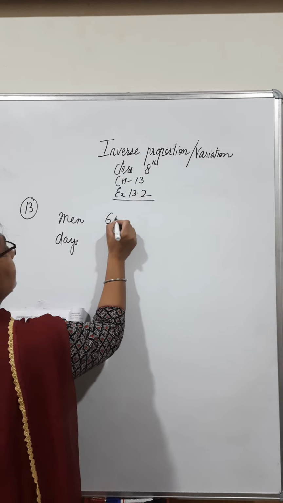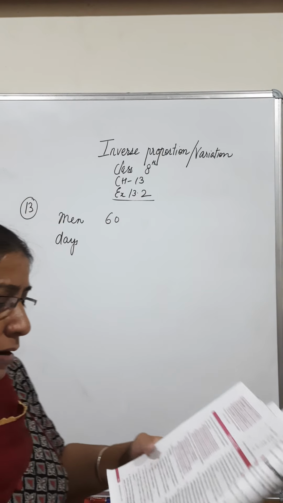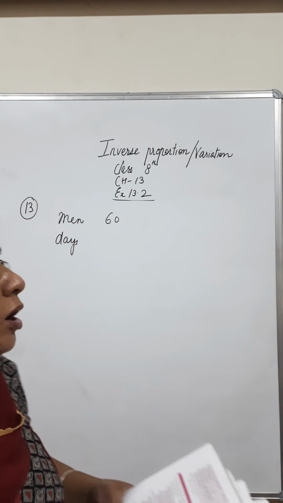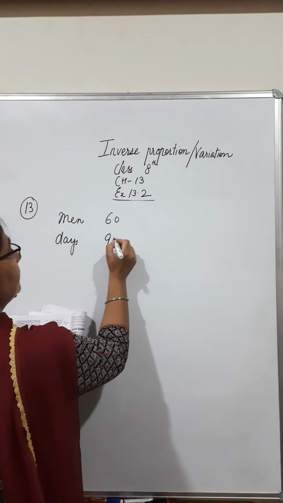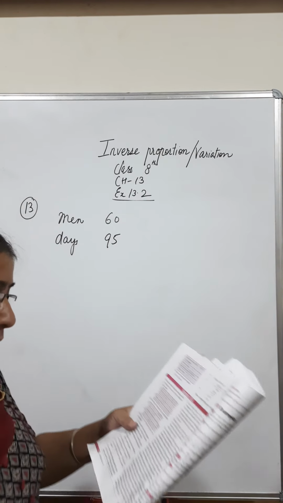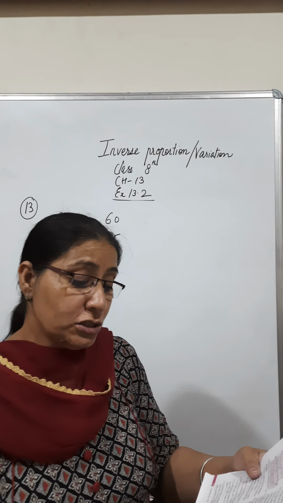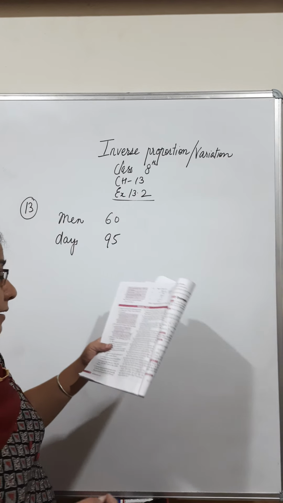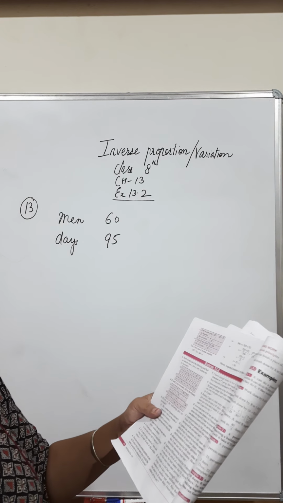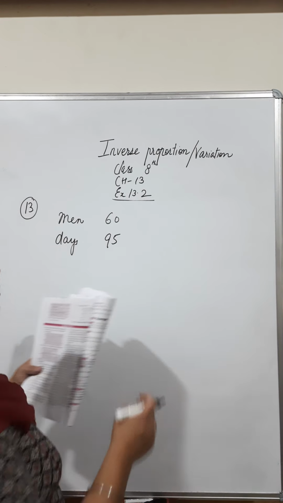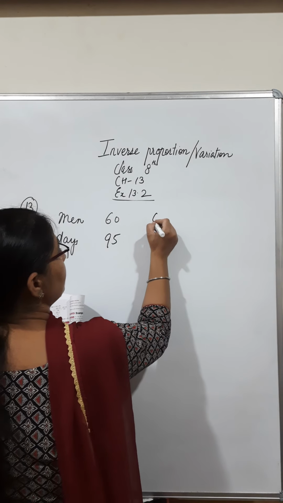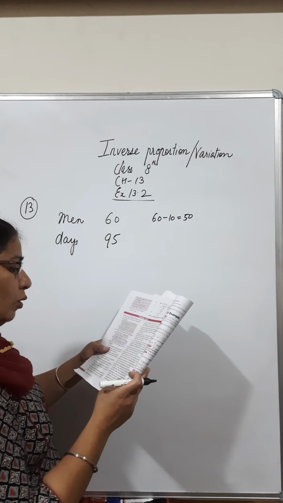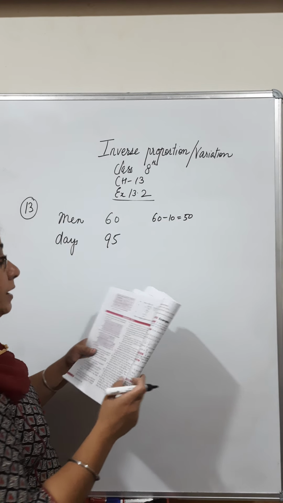So if there were 60 men, ठीक है, then the provision was for 100 days. But 60 men all together, 5 days minus कर दो तो वहाँ पे रह जाएगा आफ्टर 5 days, क्योंकि 5 दिन जो निकल गए, बाकी 100 में से 5 रह गए 95 डेज के लिए. ठीक है. अब हमारे पास क्या है, 10 मैन डाइड ड्यू टू एपिडेमिक. तो 60 में से जब 10 माइनस हो जाएंगे तो हो जाएगा 50.